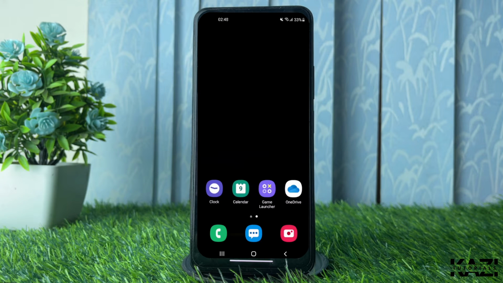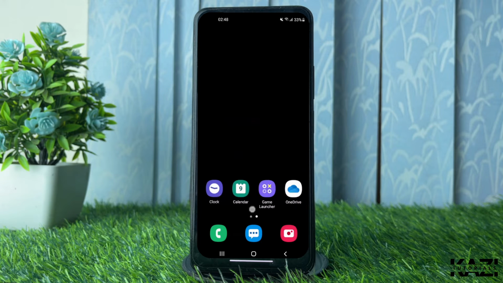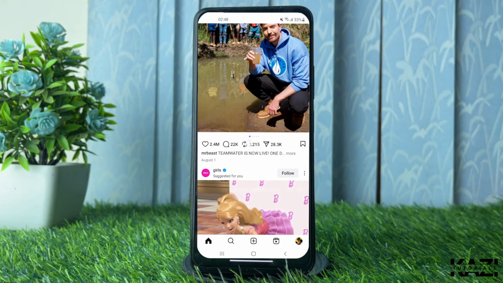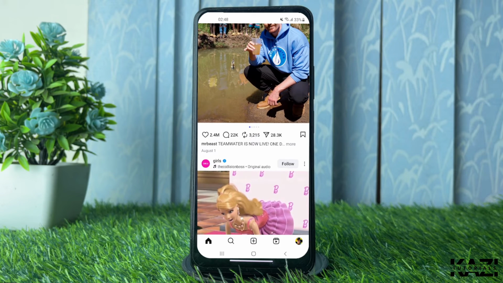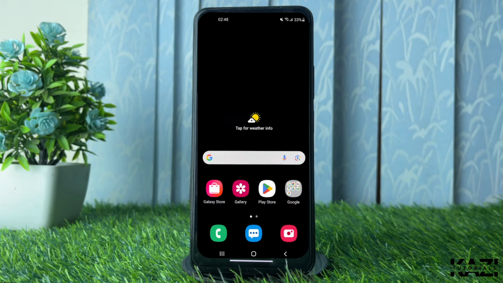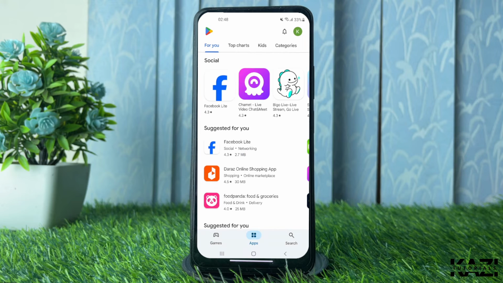So here in this quick tutorial, I will show you how you can fix repost not showing on Instagram. Instagram has recently updated to a new version, where you can see the repost button like this. Let me just show you how you can see the repost button. So here is the repost button after the new update. If you didn't update Instagram, it is one of the causes that you are not seeing the repost